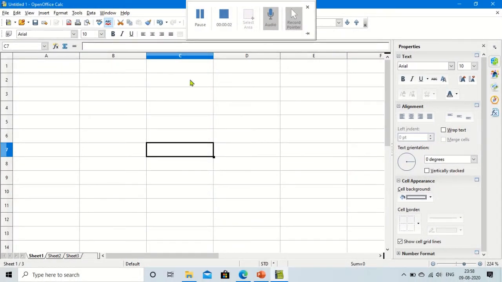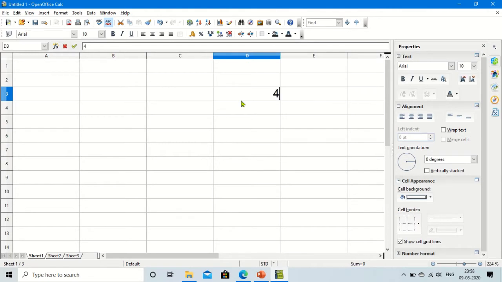Here I have a number, suppose I have the number 4. If I go for calculating the factorial, what should the answer be? It should be 4 into 3 into 2 into 1. So the answer should be 24. How is the factorial calculated? If you want to get the factorial of any number n, that number will be multiplied by n minus 1. That is the formula to get the factorial.